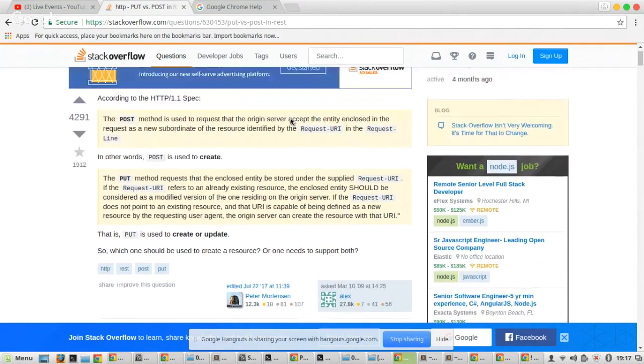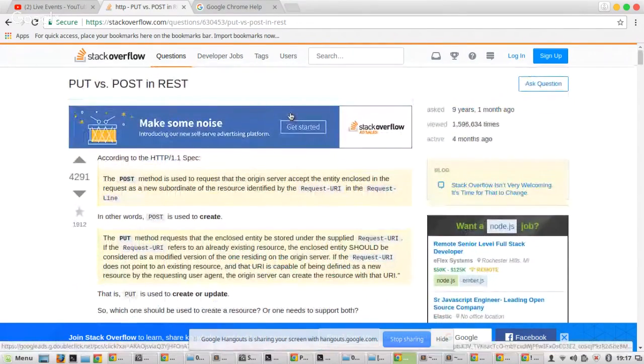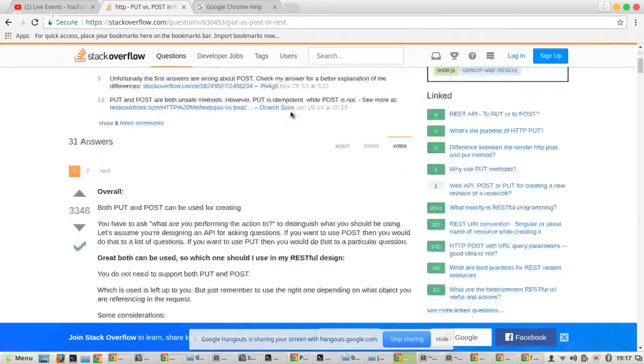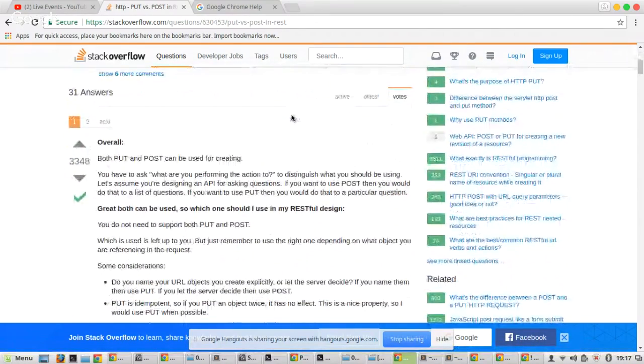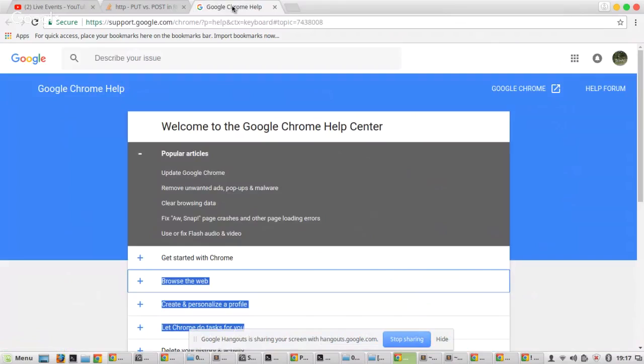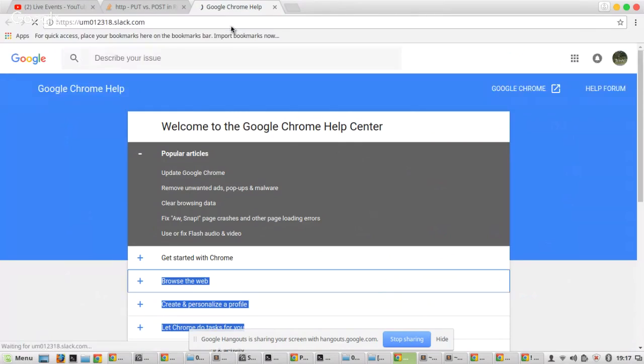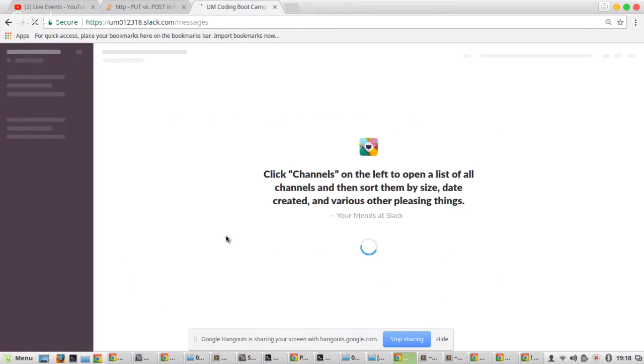So here, get is used as the information, put changes the state, and post creates a release. That explains the